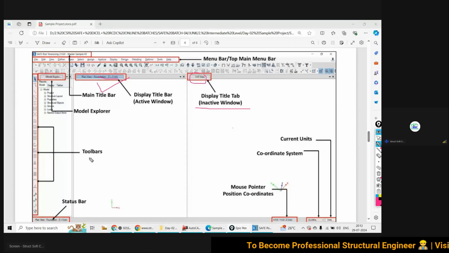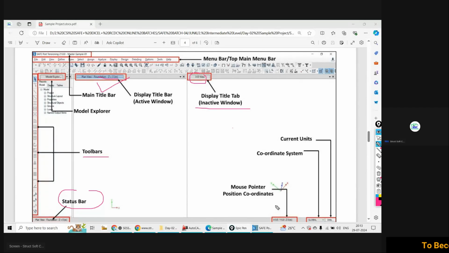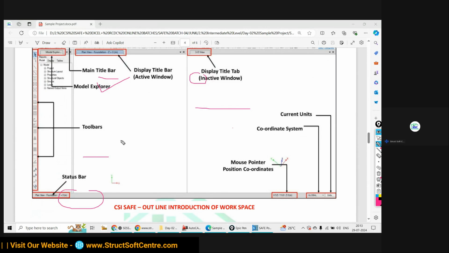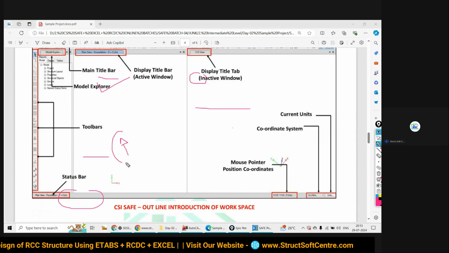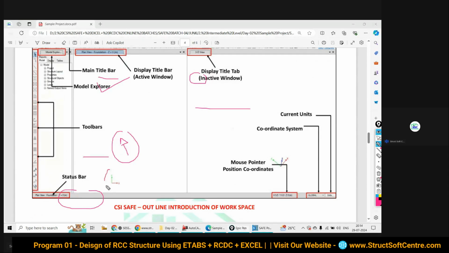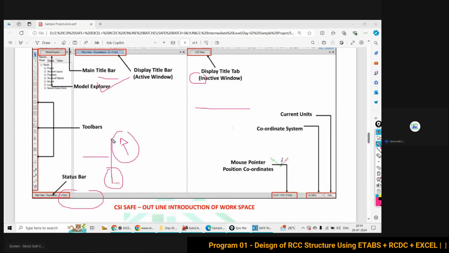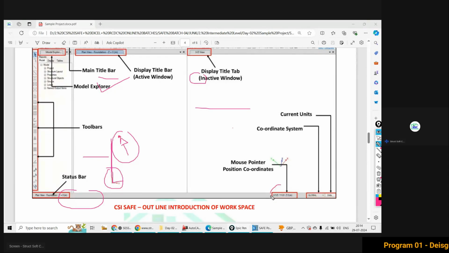Here on the left hand side, toolbars are given. This is the status bar, and this is the mouse pointer positioning coordinates. Wherever your mouse is present, what is the ordinate in respect of your global axis, what is the x, sorry, what is the y and what is the x of this particular point, you will find from here.